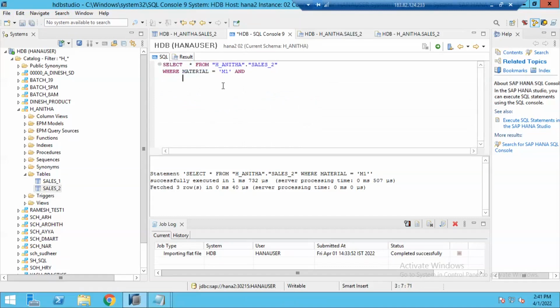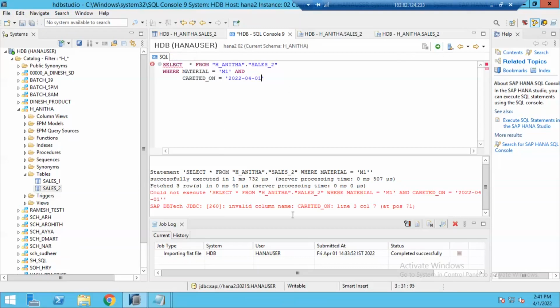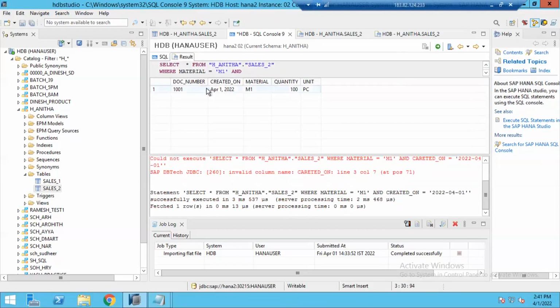Material is equal to M1 and date created on is equal to 2022 0401. Then click on execute. So with this, what happened? Invalid column name created on. So I will fix the column name. You see, if the syntax is correct, then the system returns only one record, because with the document 1001 and April 1st, we have only one record in the database with this combination.